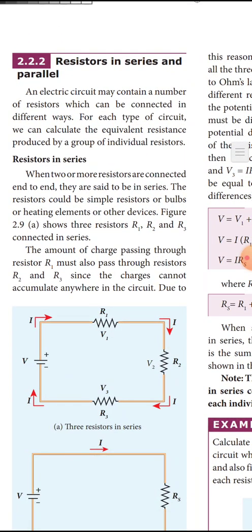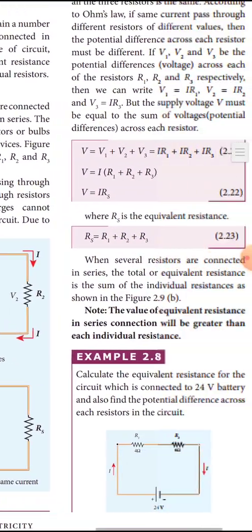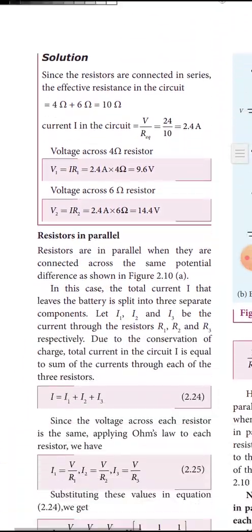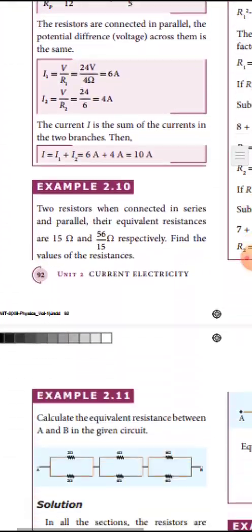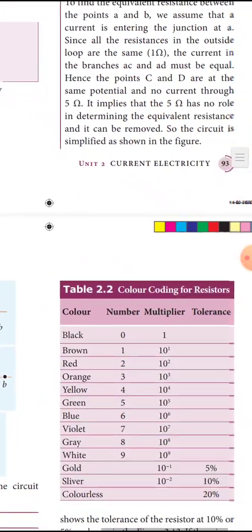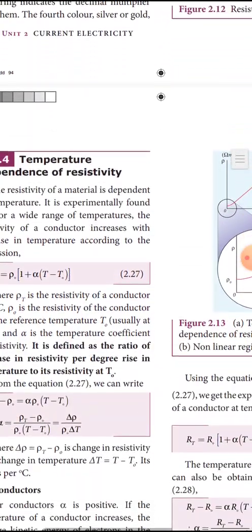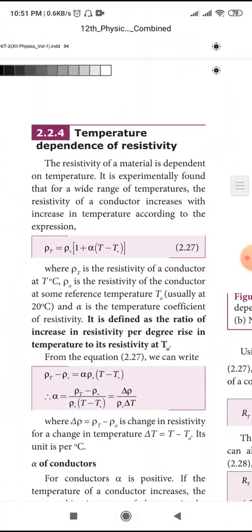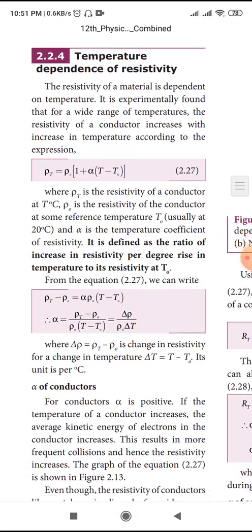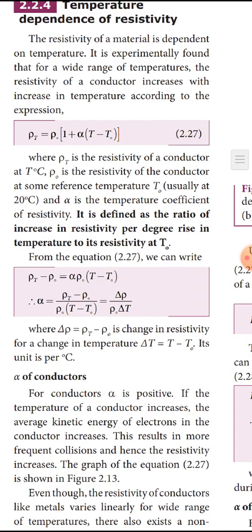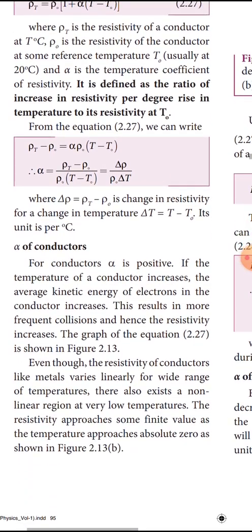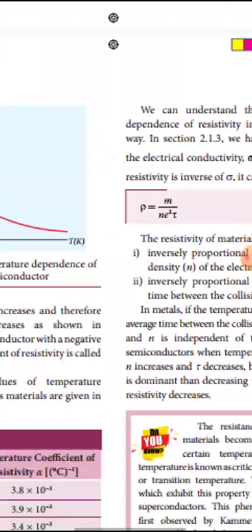Then, resistors in series and parallel, you have to read resistors in series and resistors in parallel. So here these are for 3 marks. And color coding, based on color coding you will get problems. And temperature dependence of resistivity. How to read this definition? This is the temperature coefficient of resistivity. And